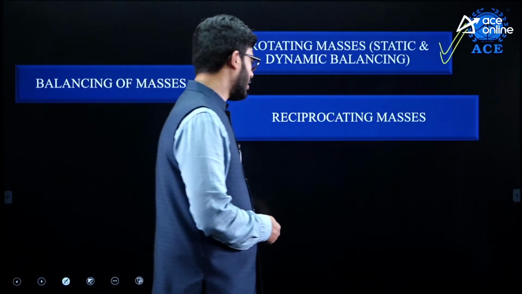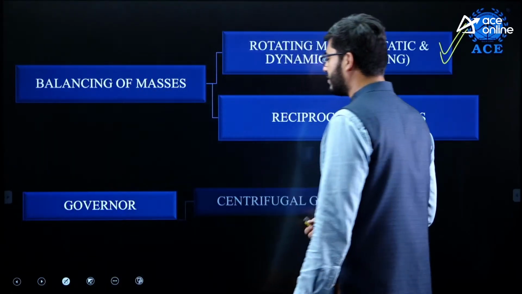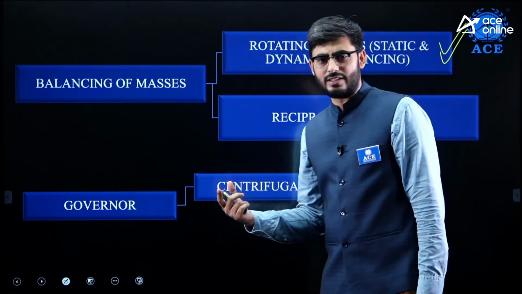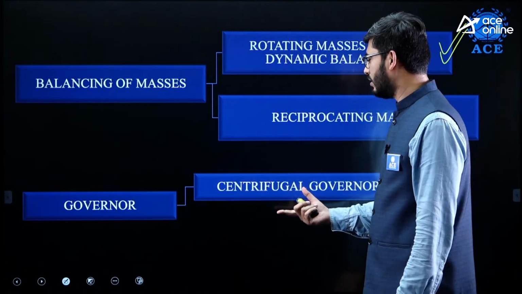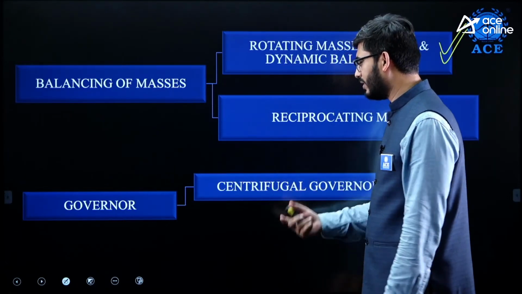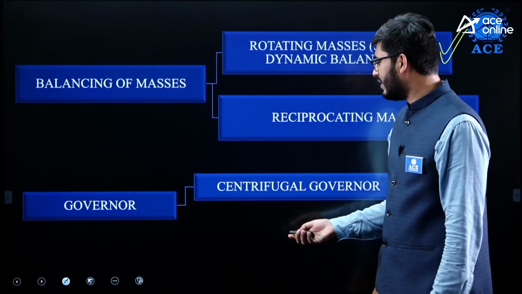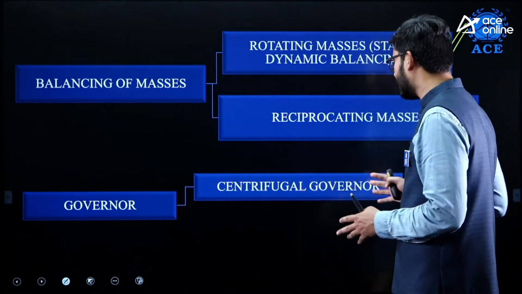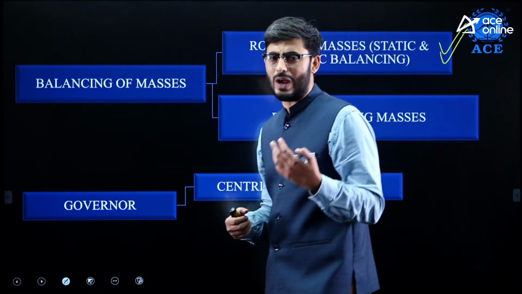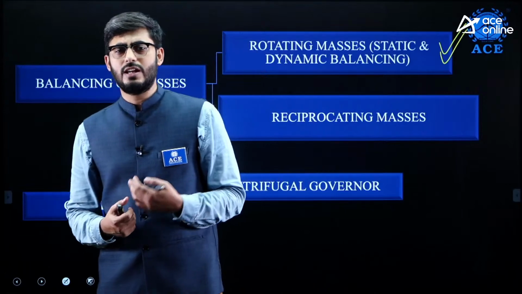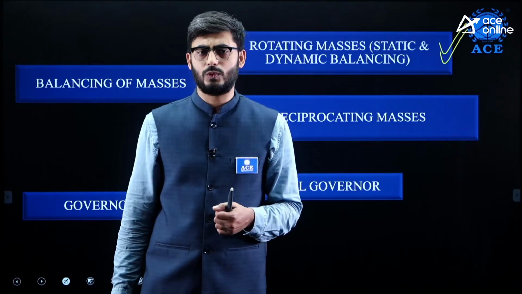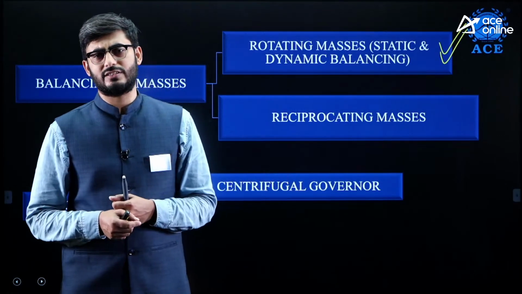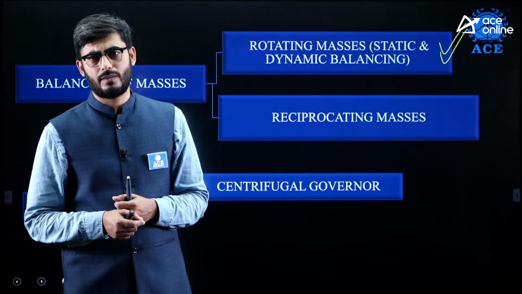Right. Let us move to the next topic, that is governors. Governors, guys, here we can see the questions being asked in the last year and the recent year only. So 2 or 3 questions are there from this chapter. One question can be expected from the centrifugal governor. Under centrifugal governor we have different types. Watt governor is there, Porter governor is there, Hartnell and Hartung governors are there. Okay, so there we will be tackling either application type questions or synthesis type questions.